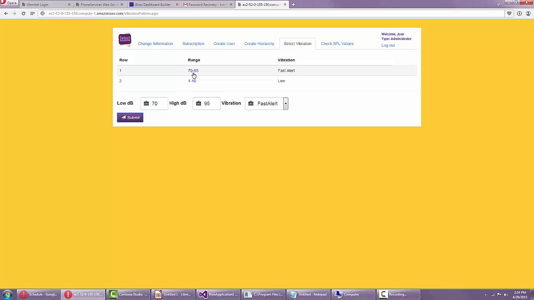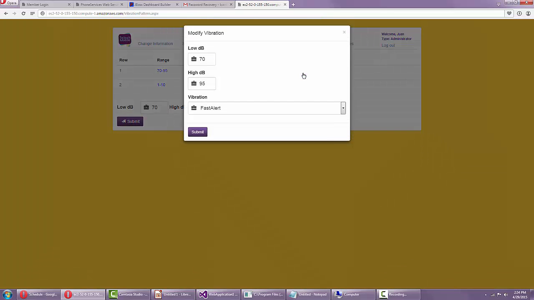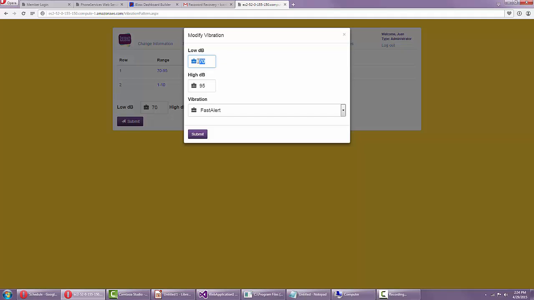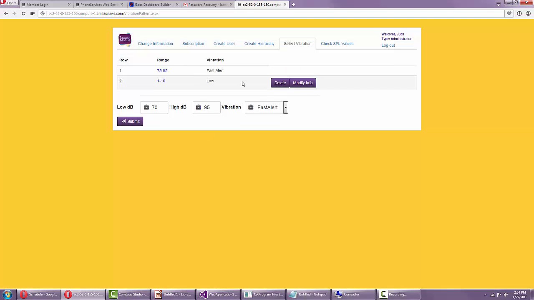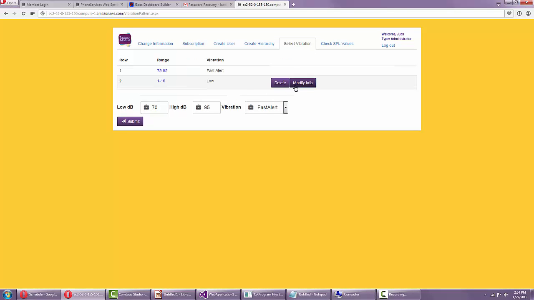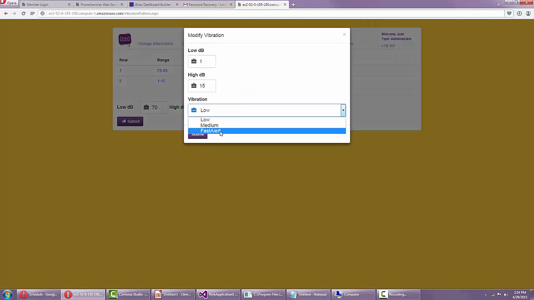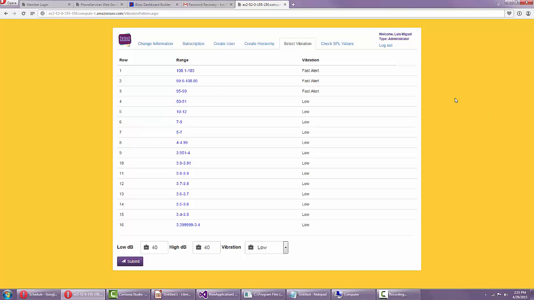When clicking on the blue label, you can delete or modify the information, as usual. If you want to make the range 75 as a low bound, you can do so. Or if you want the high range to be 15, you can also do so. You can even modify the vibration setting to make it fast alert. For the last